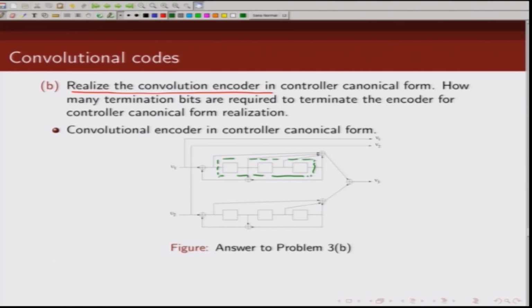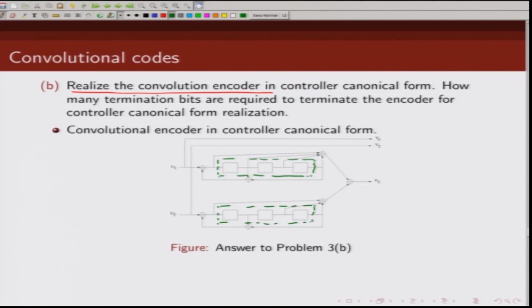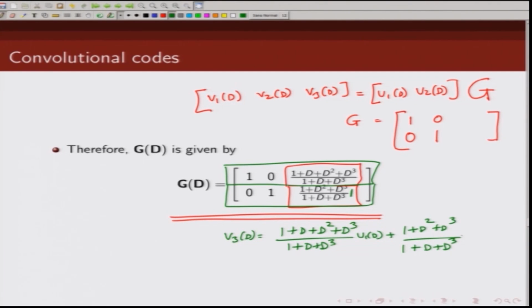Please note this has 3 memory elements, and similarly the second shift register also has 3 memory elements. That is because the maximum degree of this rational function is 3, and similarly the maximum degree of this rational function is 3. And we just implement this. V1D is just U1D, so that is this. V2D is U2D, that is just this. Now, what is V3D? V3D is (1 plus D square plus D cube) divided by (1 plus D plus D3) times U1D plus (1 plus D square plus D cube) over (1 plus D cube) times U2D,